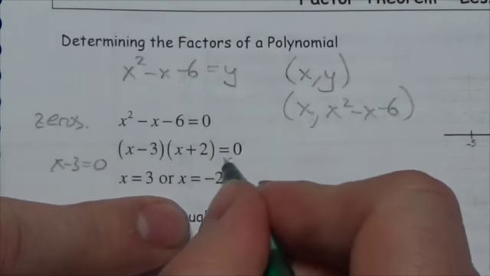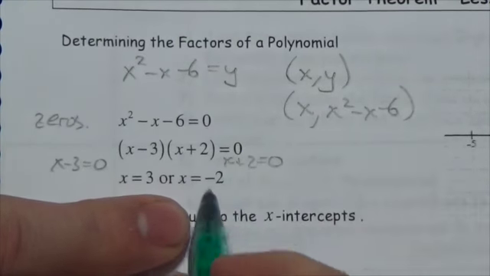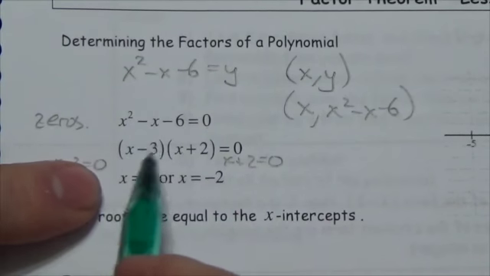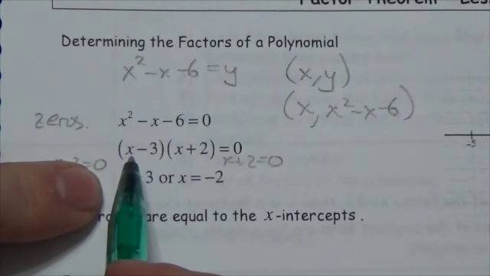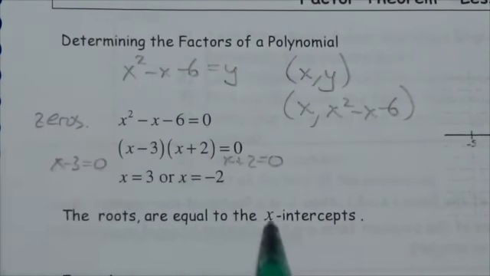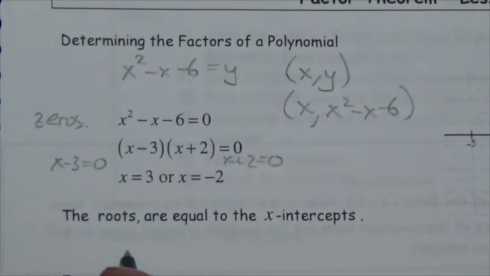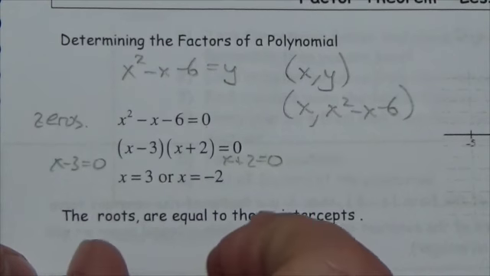Just like if you make x plus 2 equal to 0, that means x could be negative 2. That doesn't make this equal to 0. That makes this equal to negative 5, but negative 5 times 0 is still 0. So these are the roots of the equation. And so we want you to understand that the roots of the equation are the same thing